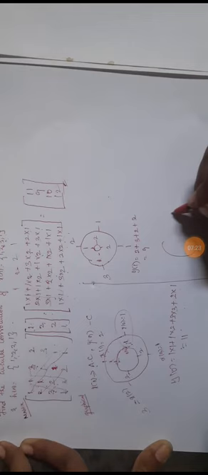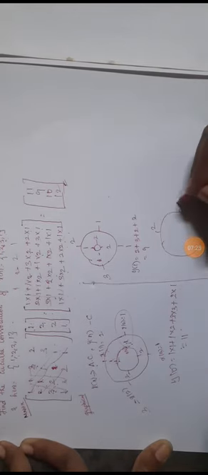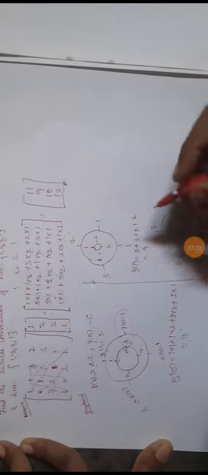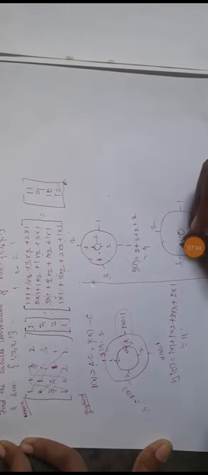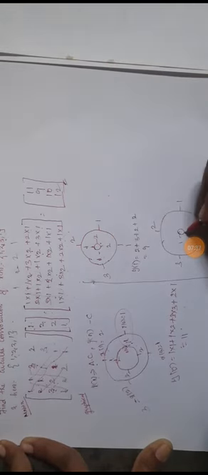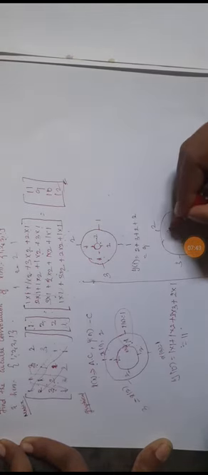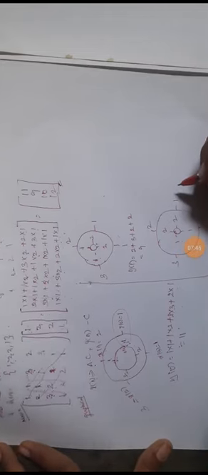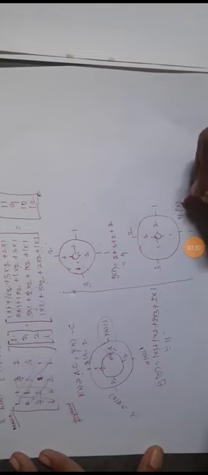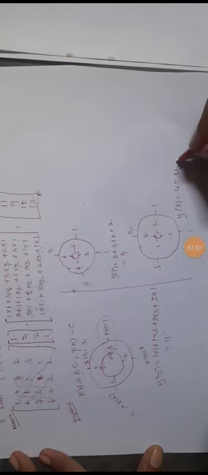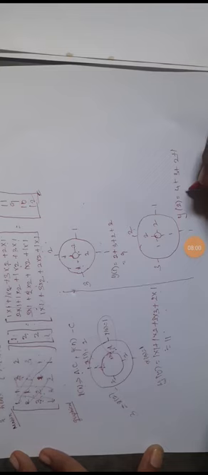Next, keeping the outer circle as such, the anti-clockwise circle should be as such. The inner clockwise circle should be turned around in anti-clockwise direction. So this one is brought to the left hand side, 1, and the left hand side 1 should be brought down, and 2 should be brought to the right hand side, and the right hand side 2 should be at the top. So again you multiply the values. Y of 2 is equal to 2 into 2, 4, plus 3, plus 1, plus 2. So finally the value is 10.